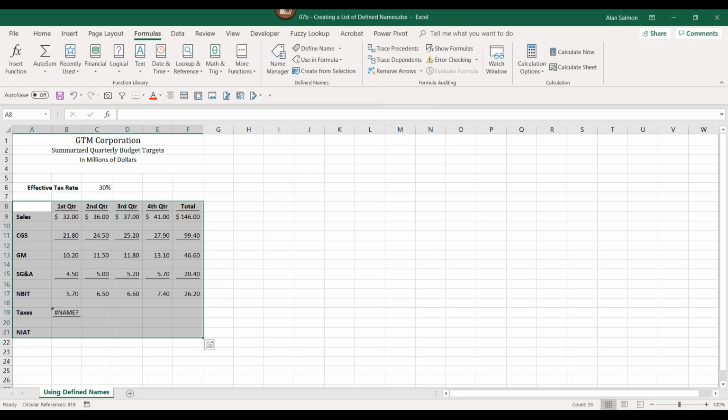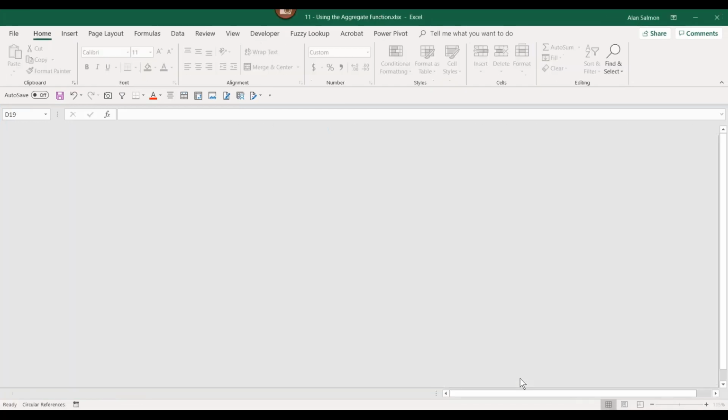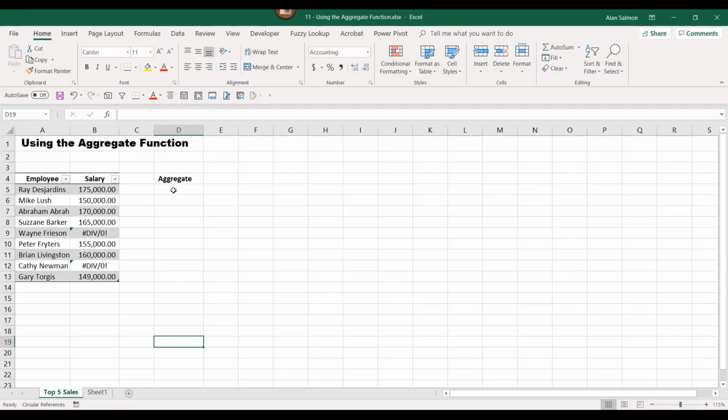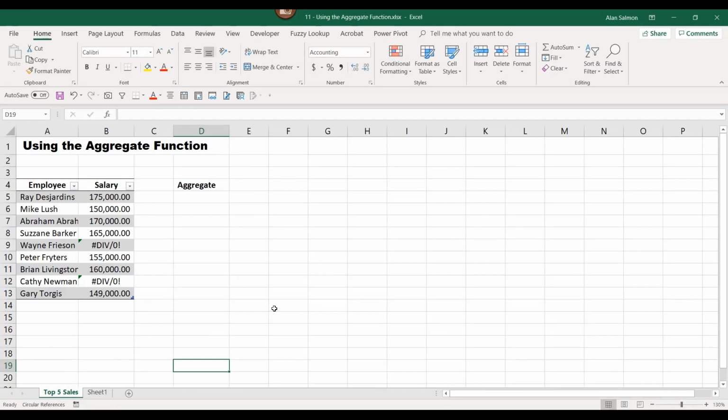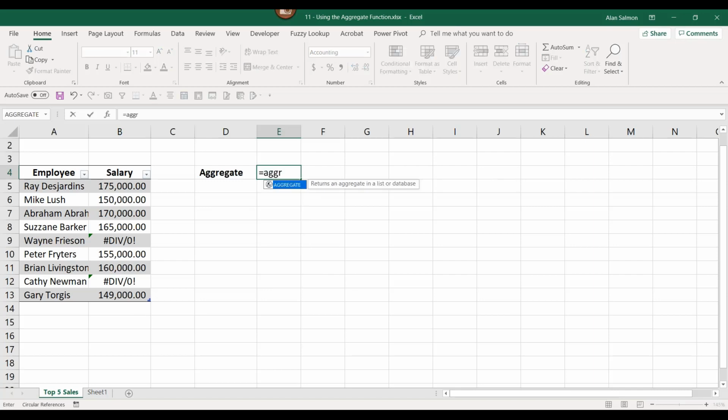And next, I want to show you again a formula that came in 2010 called the aggregate. And it's very similar to the sum function. So I've got this here. And notice that I've got two error messages here. Well, if I tried to do a sum, I'd get an error message. But if I go equal aggregate bracket,